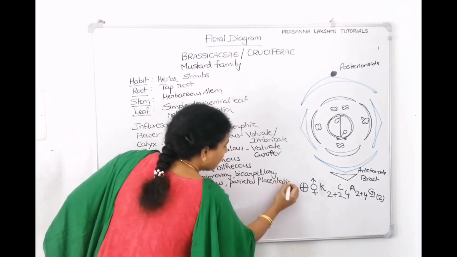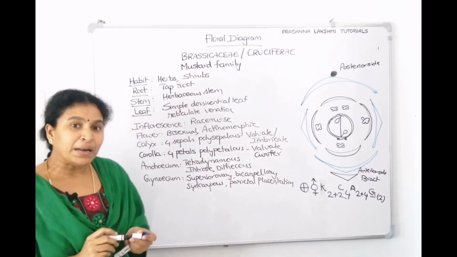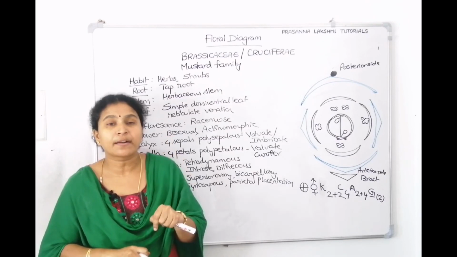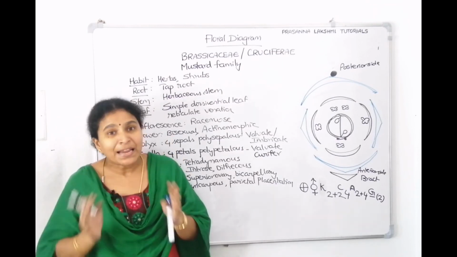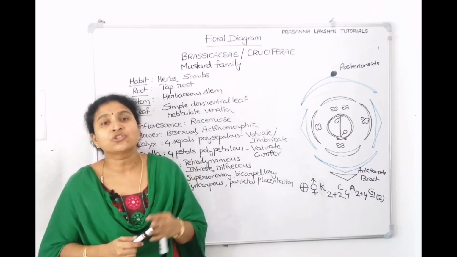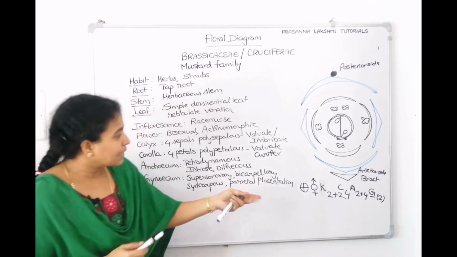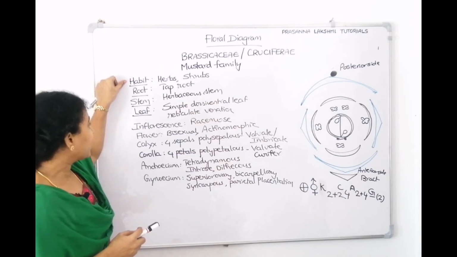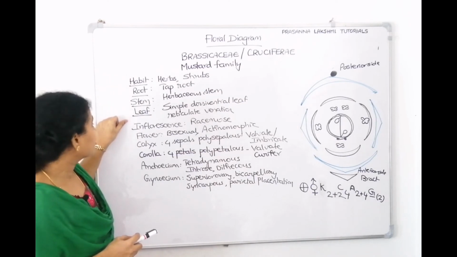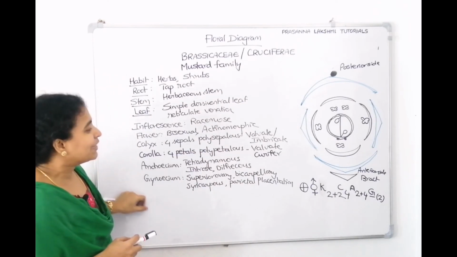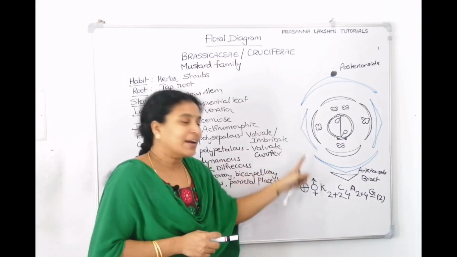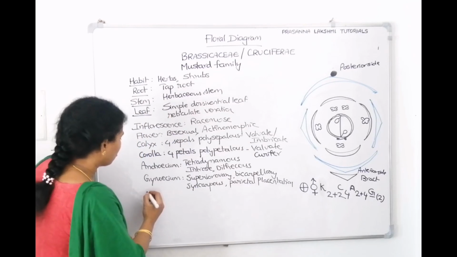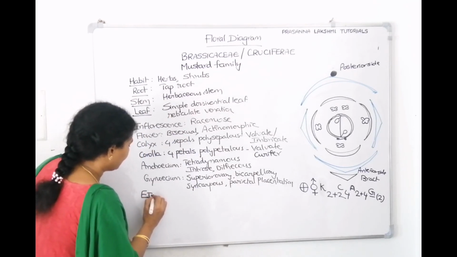In Brassicaceae, one thing we will tell: bicarpellary unilocular, but because of the formation of a false septum called replum, it becomes bilocular and the seeds are arranged on that replum. That's about gynoecium also we have given. So I told, tell its habitat, talk about its vegetative characters, talk about its reproductive characters, then write the floral diagram and floral formula, then we will see some economically important members of Brassicaceae.